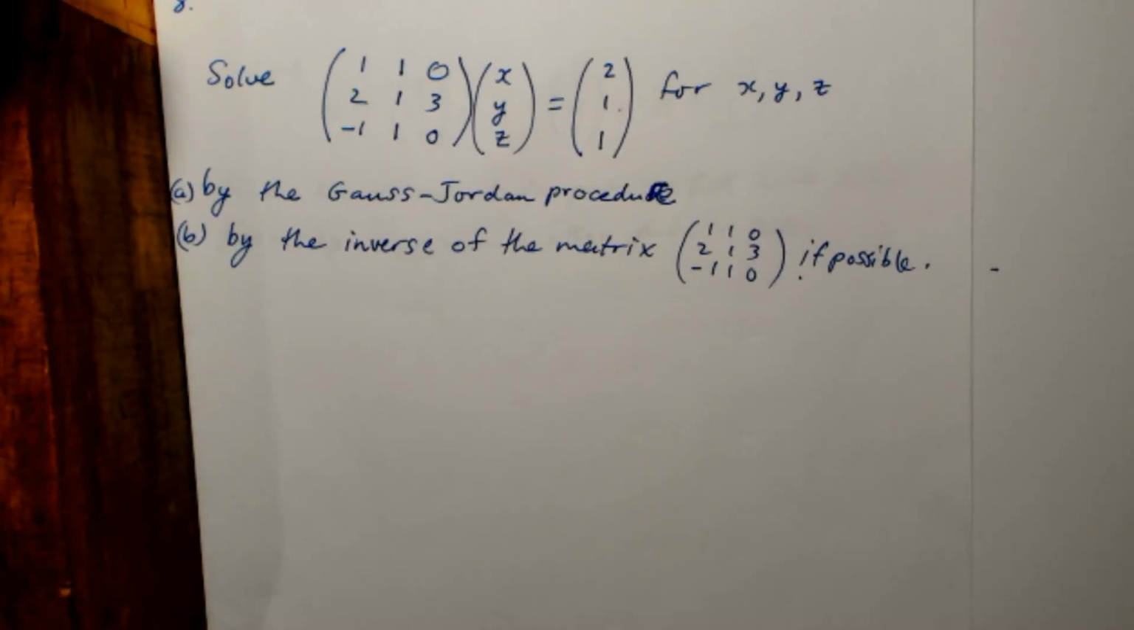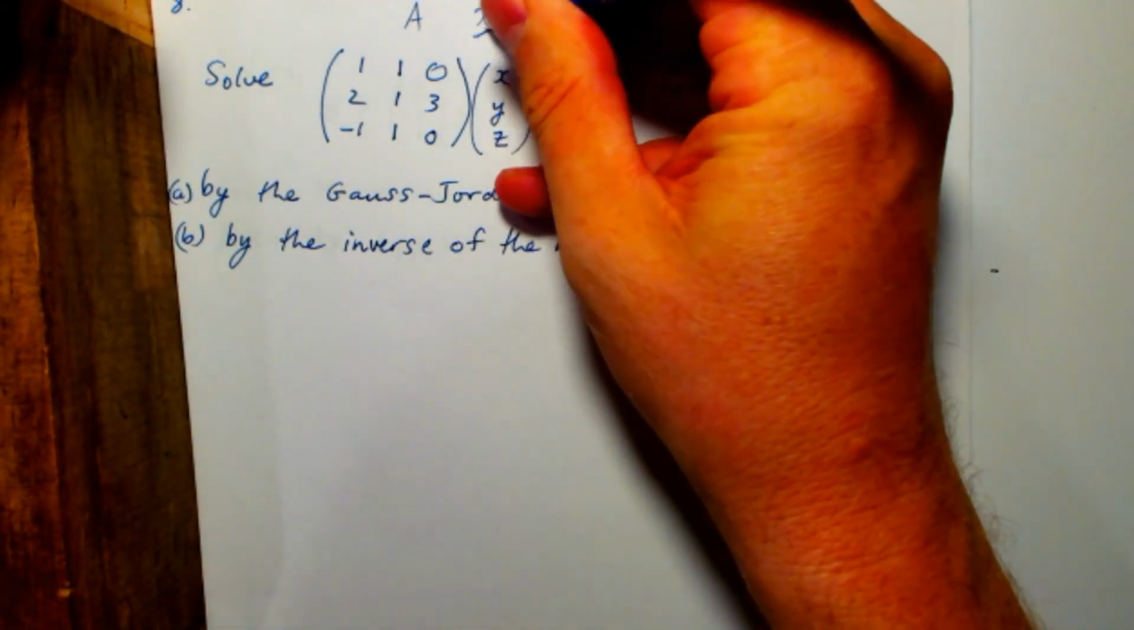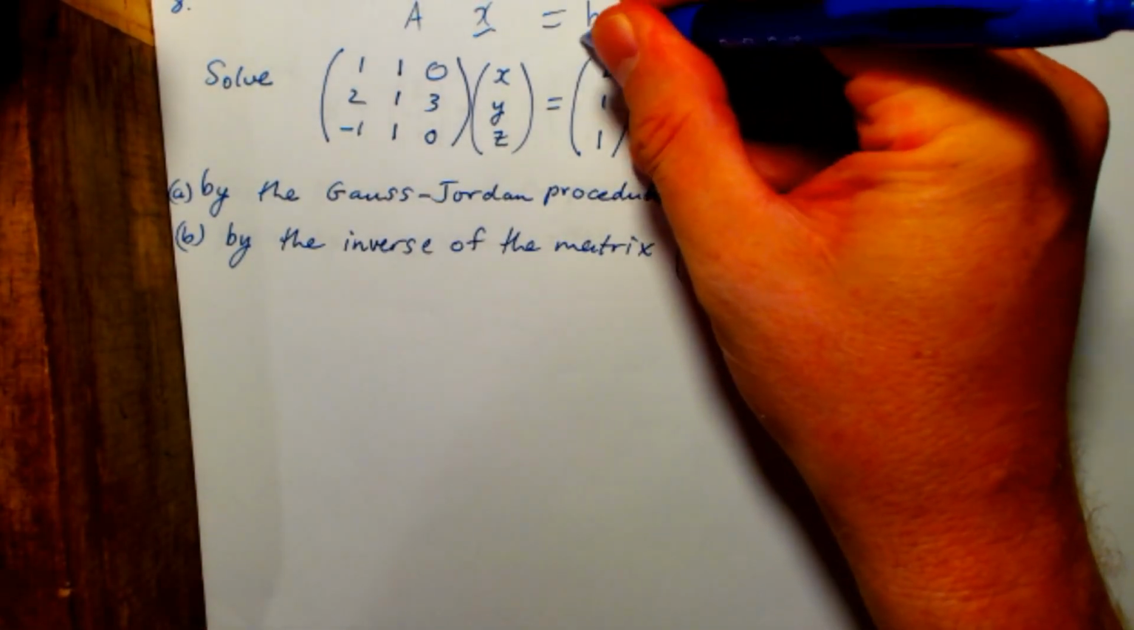Alright, next one. We've got a 3 by 3 matrix system here. And so we're asked to solve this in two ways, by the Gauss-Jordan procedure and by the inverse of the matrix if possible. Now remember, you were taught how to calculate the inverse of a matrix by the Gauss-Jordan procedure. So what we should do here, if this is A, this is X, and this is B,